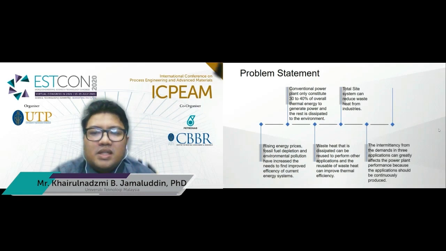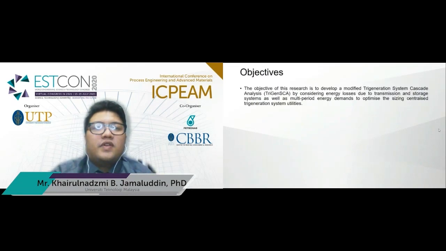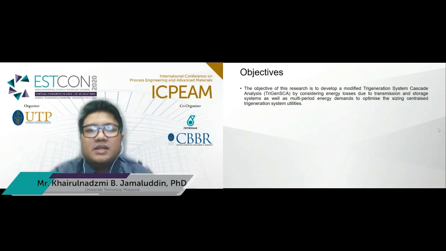And the intermittency from the demands in trigen application can greatly affect the power plant performance, because the application should be continuously produced to meet the demand requirement. And the previous study does not consider the energy losses due to the transmission system. So the objective of this research is to develop a modified trigen system cascade analysis by considering energy losses due